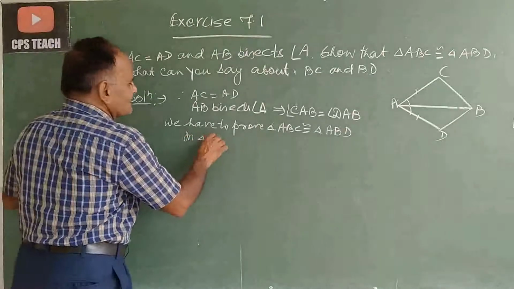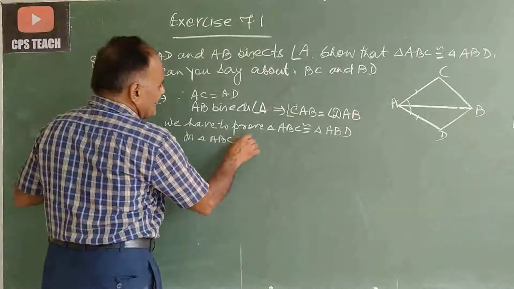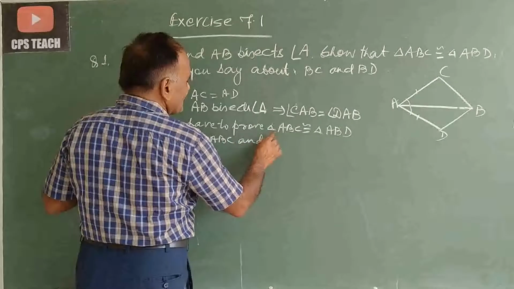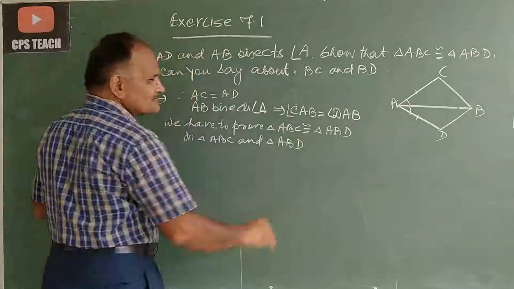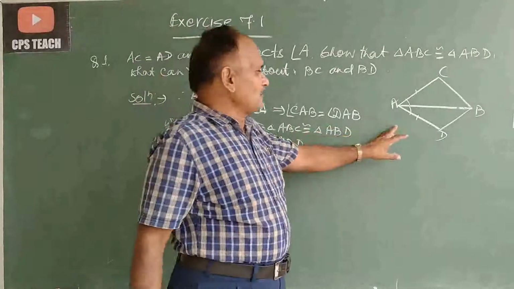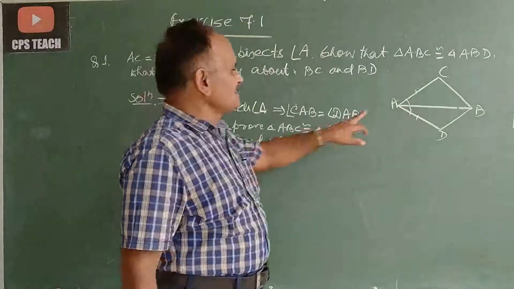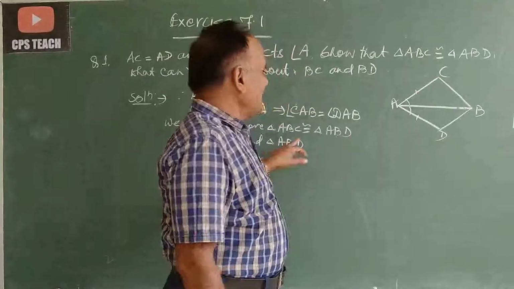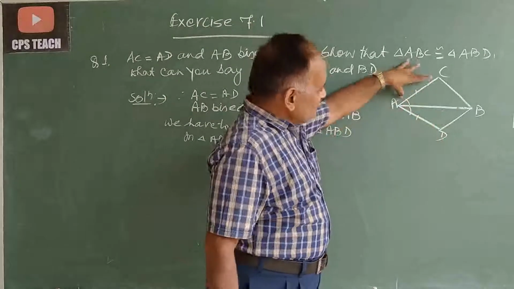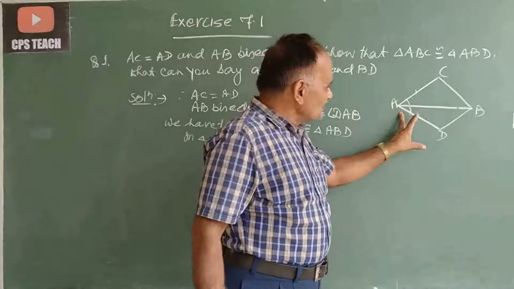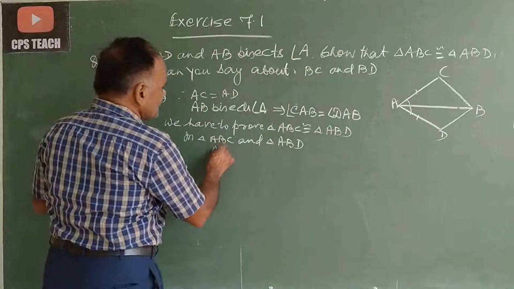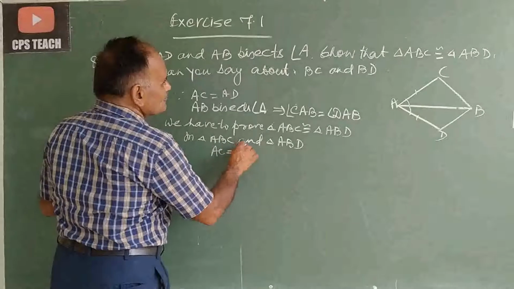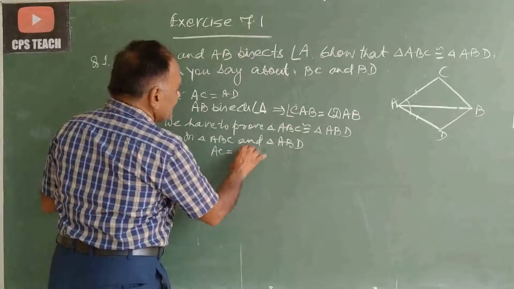In triangle ABC and triangle ABD, see on the blackboard, in triangle ABC and ABD, this AC is equal to AD. It is given. It means AC is equal to AD,